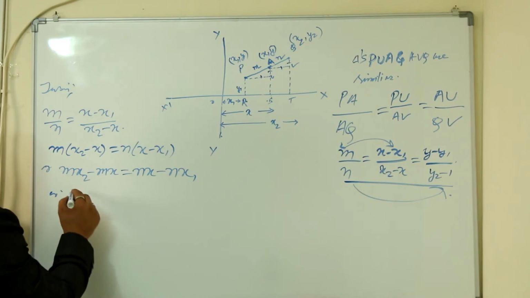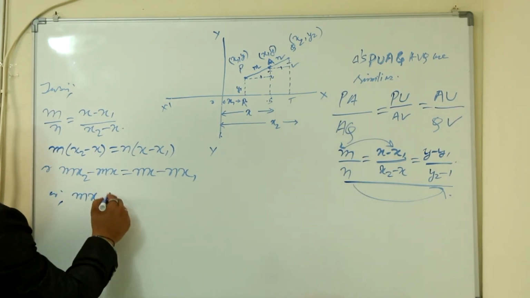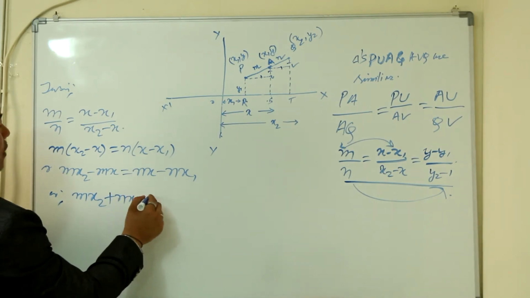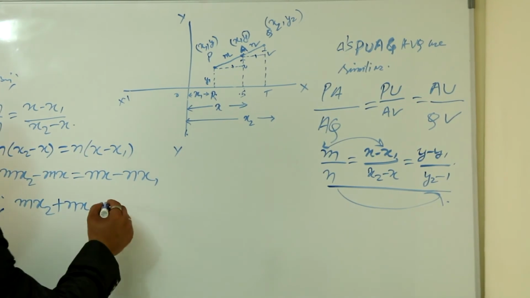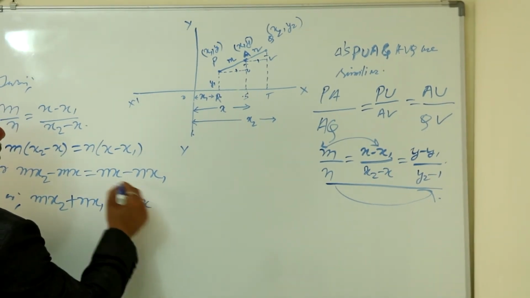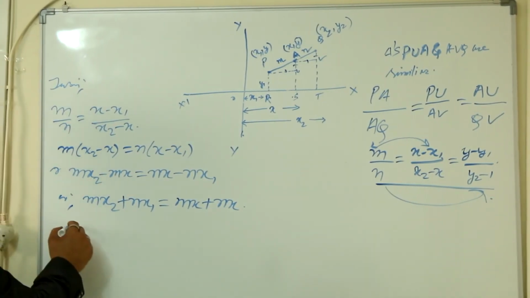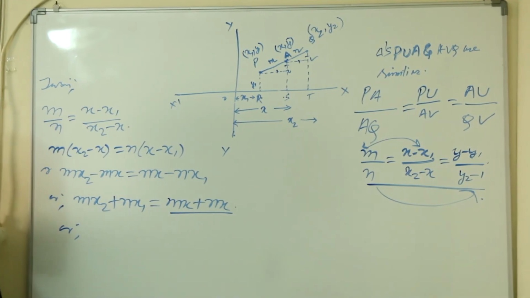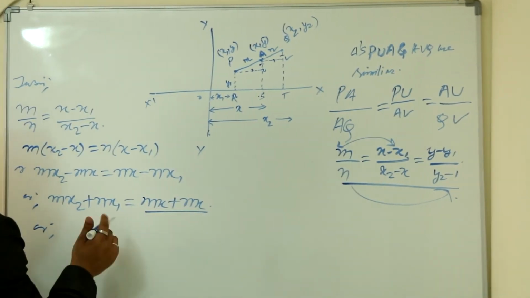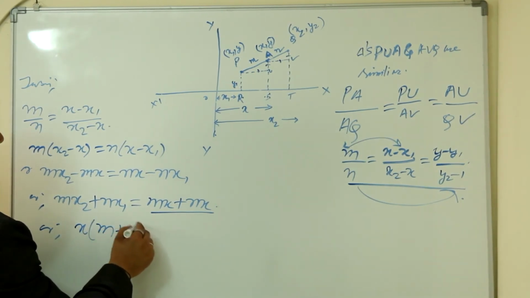Or mx2, when this minus nx1 comes here, plus nx1 equals minus mnx. When we go to the right hand side, it becomes mx plus nx. Now, this portion, what is common here? x is common here. So you write it on the left side, x common within bracket, m plus n equals to,